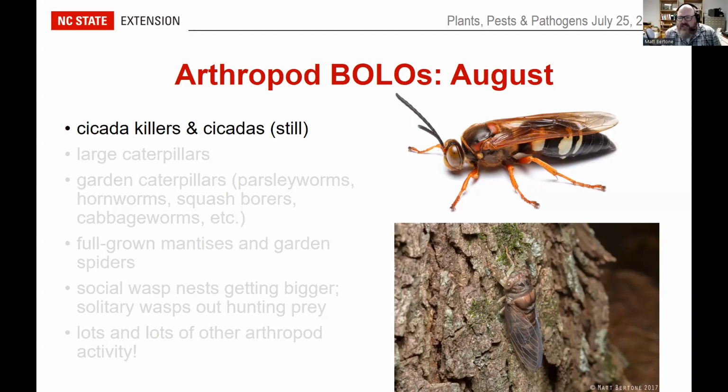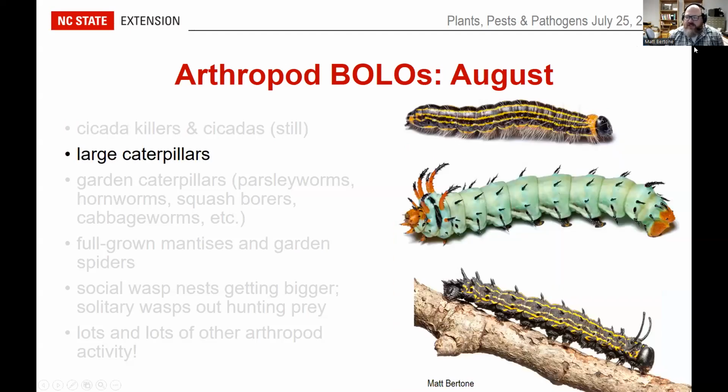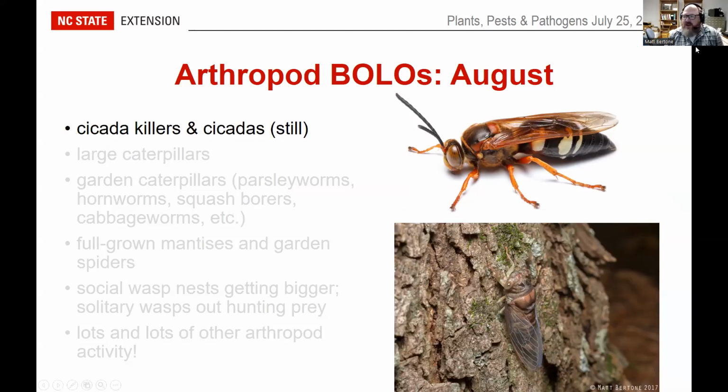I did see, right outside of our building, a lot of male cicada killers scoping out territories, fighting each other, and trying to secure ground for their mates, who will then be hunting these cicadas. So don't confuse those for murder hornets. We do have some good comparison